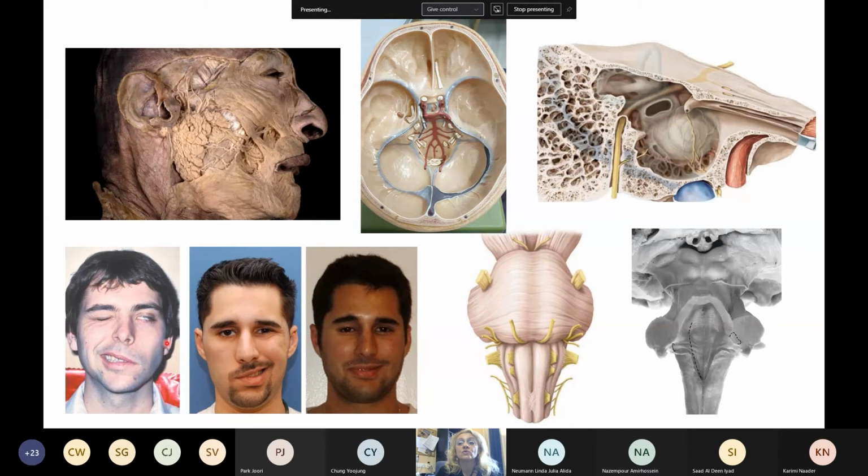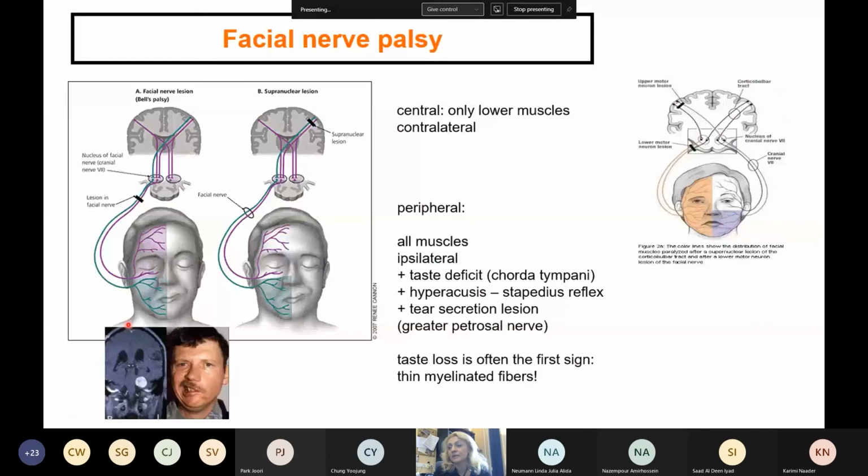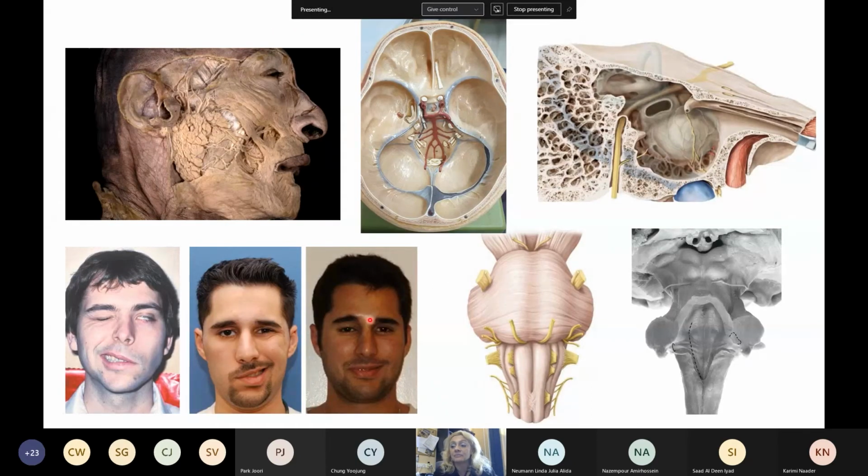Here you can see that this patient couldn't even close the eyes. Facial nerve closes the eye, because the facial nerve innervates the orbicularis oculi muscle with which you close your eyes. So this is a common mistake, that they say the patient cannot open the eyes. No, the opposite. Patients cannot close the eyes, and this can be with decreased tear secretion, it can be a big problem for the eye. And this patient is, after treatment,